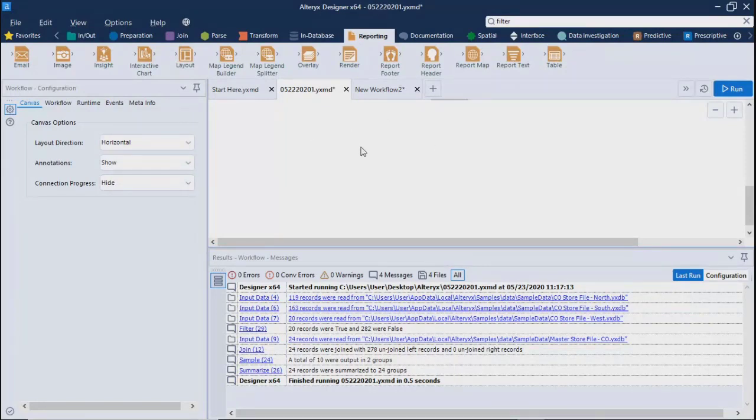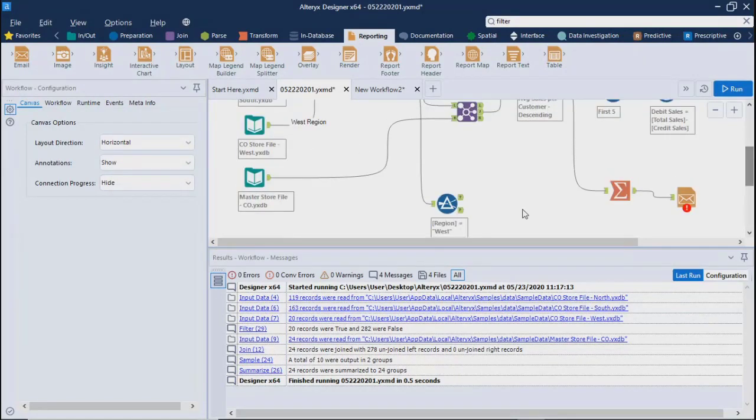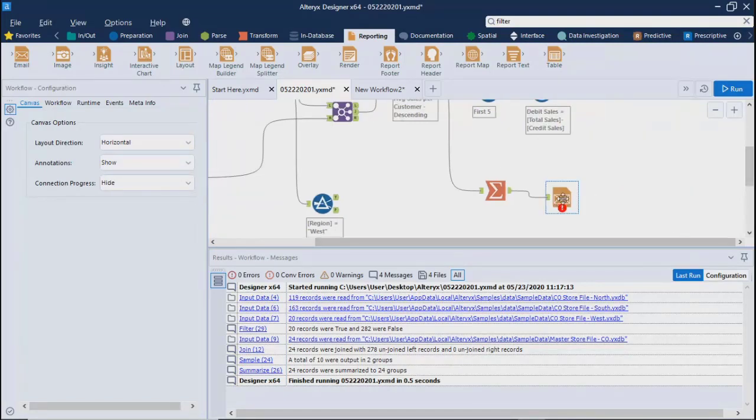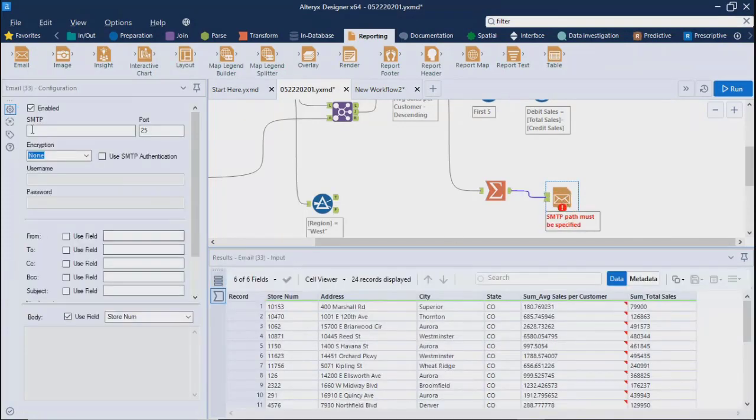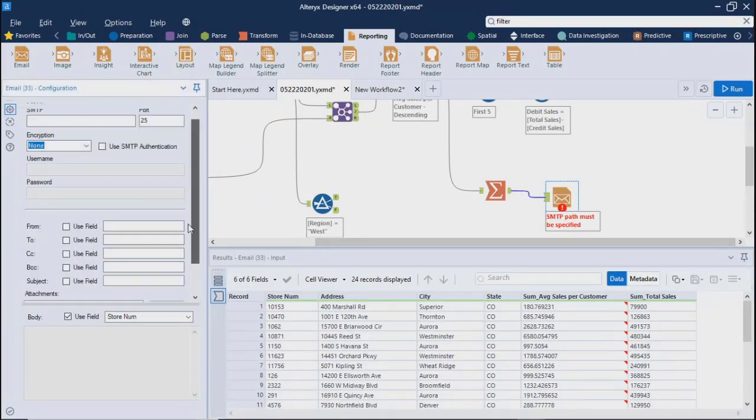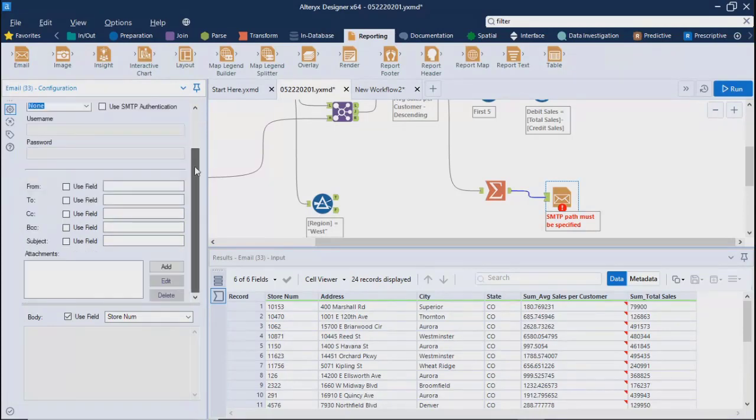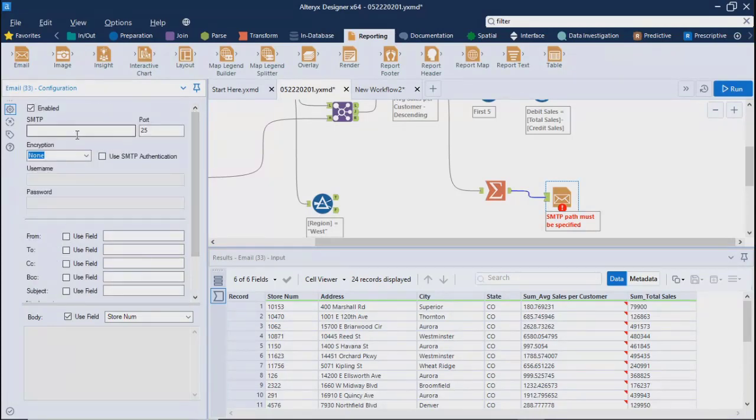Okay. So what I have done, simply I just dragged this email tool, and if you click over here, it will show you all this configuration. For example, I don't have an SMTP connection, but you can use your Gmail SMTP details.